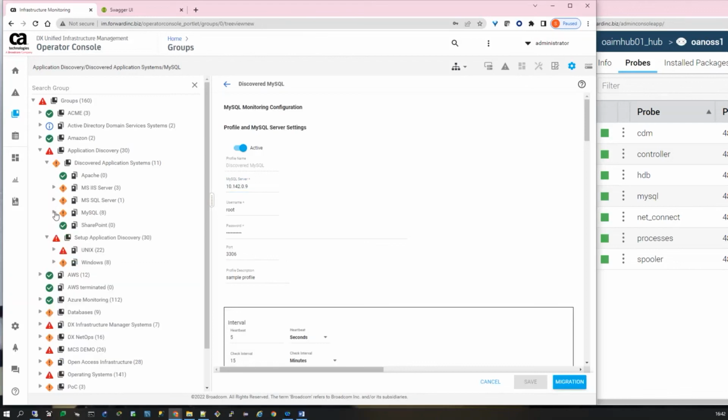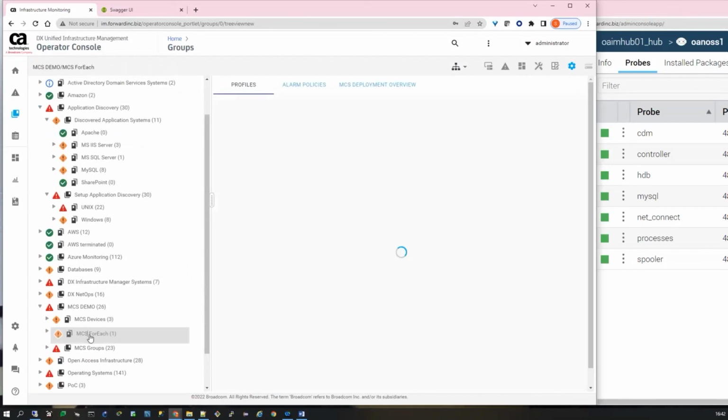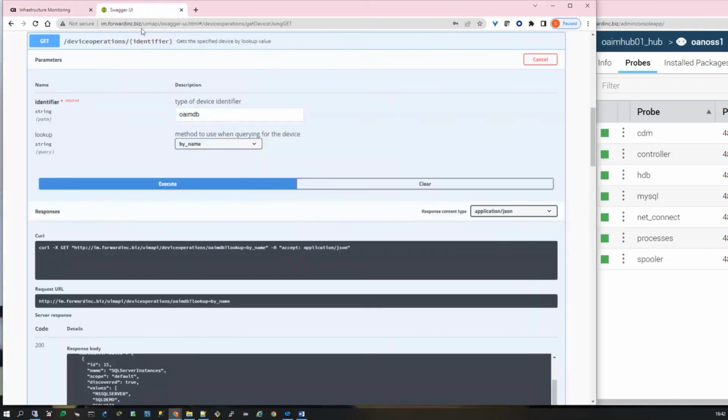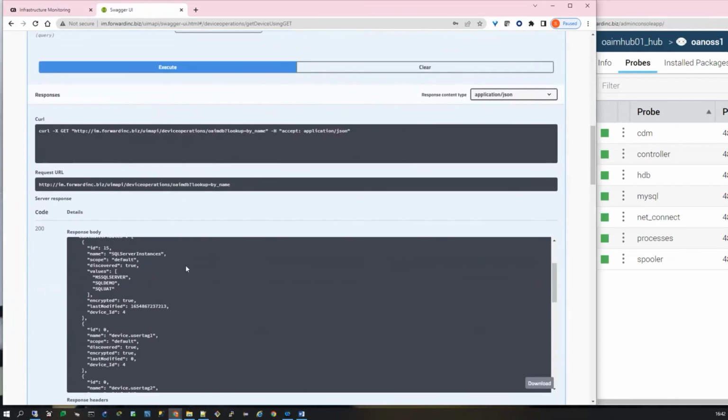And just to show you another thing we can do with attributes, and you may have come across this, I don't know if you've used MCS already. Attributes can have multiple values, and you can use this within MCS as well. So now we're looking at SQL Server instances. I have a different device now, not the one we just created, called OAIMDB. And I've basically, using the UIM API, just got some information about it,